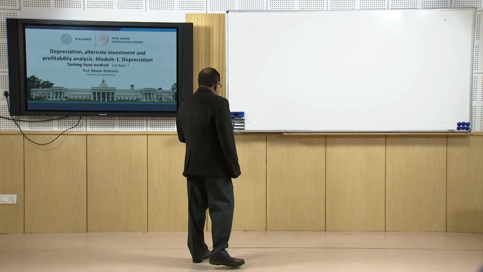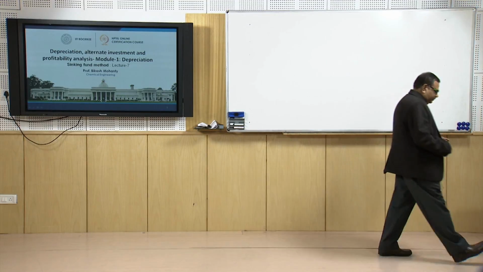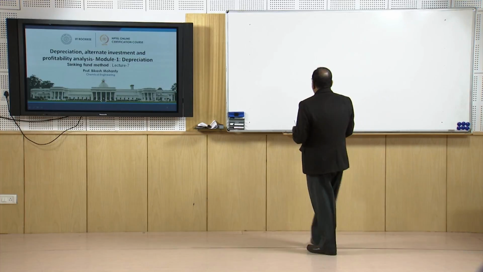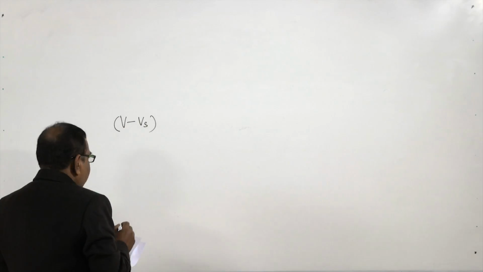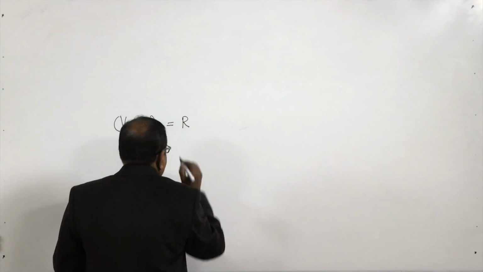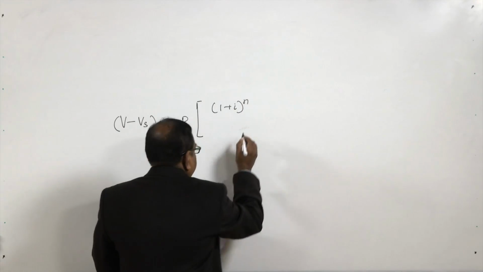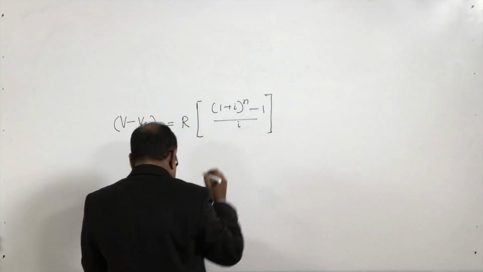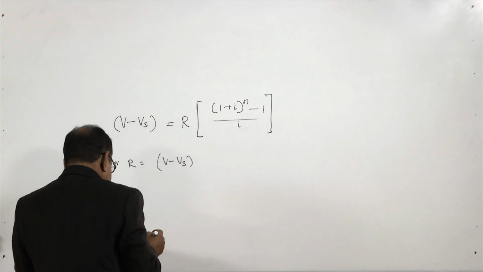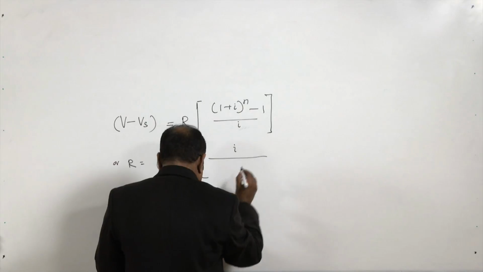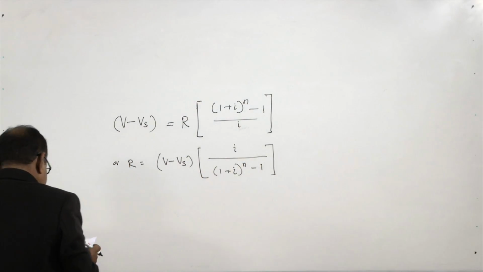Now, let us go for the derivation. The fund which needs to be depreciated is V minus Vs, and we know that if this is V minus Vs, and R is the annuity, the formula is (1 plus i)^n minus 1 divided by i, or R is equal to (V minus Vs) times i divided by (1 plus i)^n minus 1,